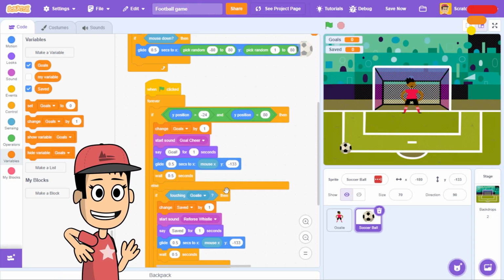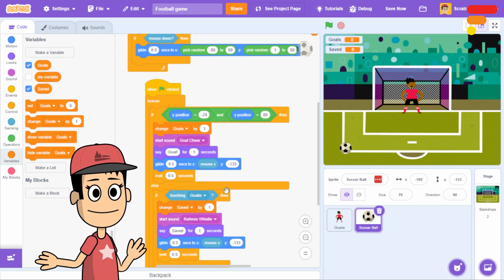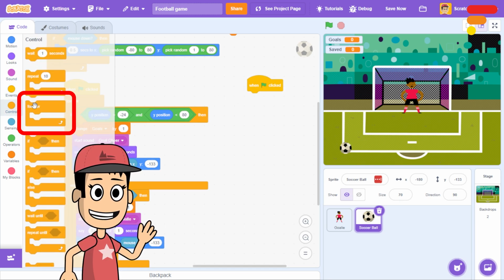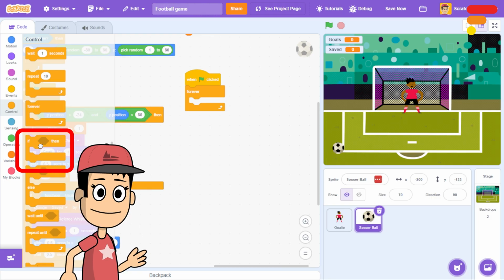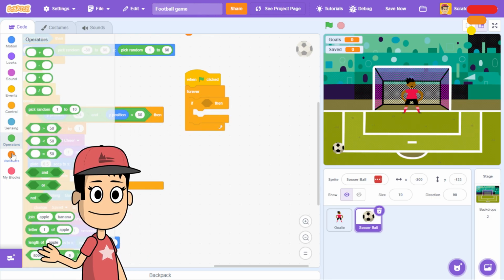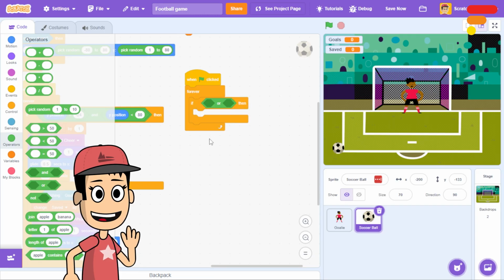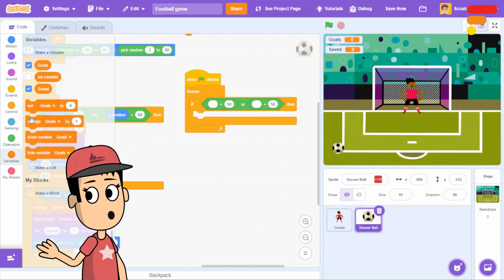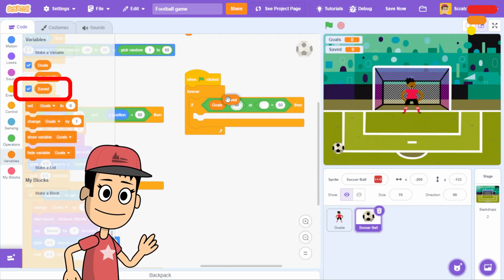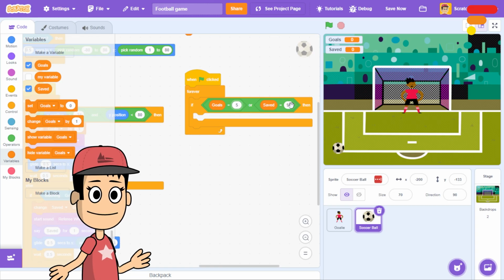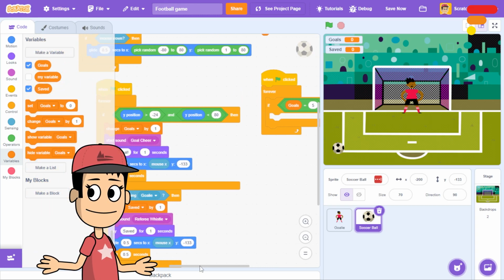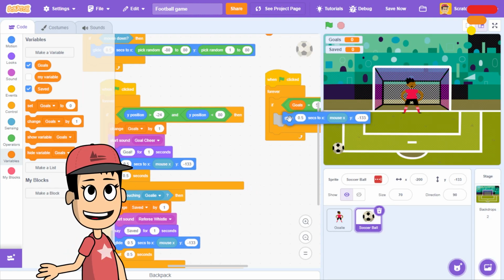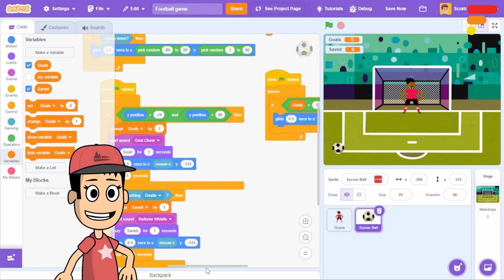Our game is basically ready here. But if you want the game to end when either player reaches 5 points, then bring when flag clicked, attach a forever loop, place an if block inside it. Add the or block from operators. Now inside both sides, place an equals block. Add the goal variable in one and the save variable in the other. Set both values to 5, meaning whichever score reaches 5 first, then what will happen? Duplicate the glide block from here and attach it. This makes the ball return to its original position and then the game will be over.